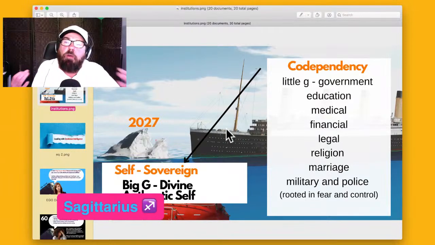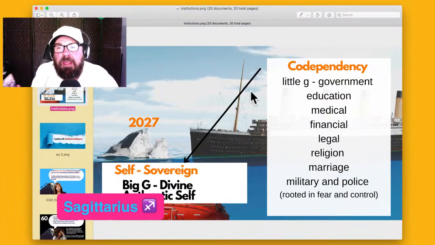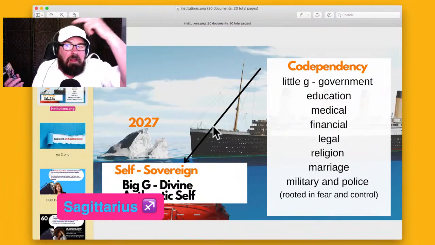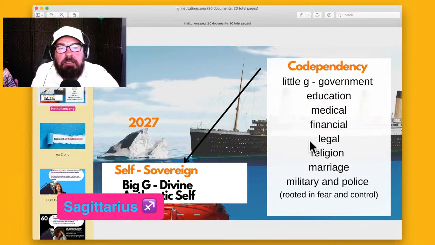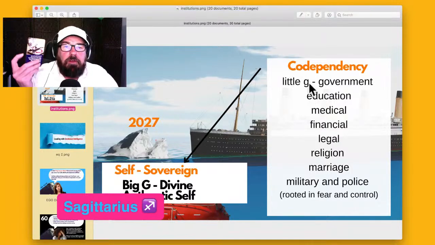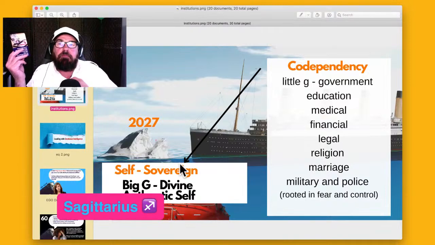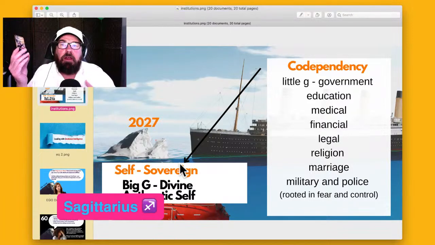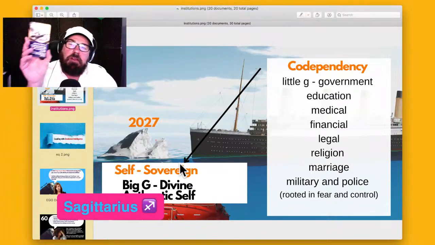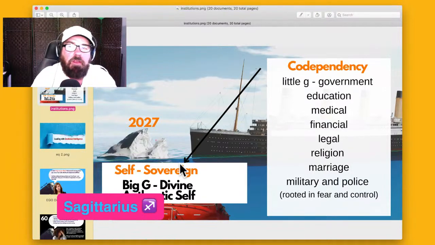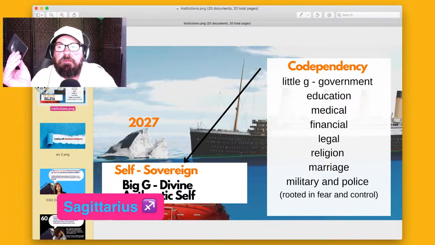And if your heart is open and your emotions are flowing, you know that. You know this truth. Truth is a feeling. It's a frequency. It's not something you logically figure out with your mind, right? So you want to jump off this. This is the money trap, codependency. And you want to go to self-sovereign. It's like big G is inside me, and that's who I obey. Big G's not going to come out with this money temptation, with false security. The real security is inside you.